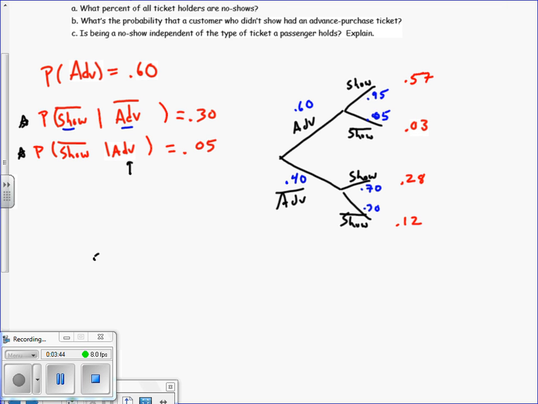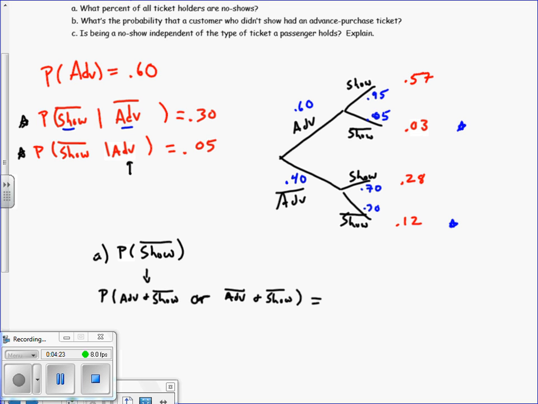So what percent of all ticket holders are no-shows? So what's the probability that we get someone that doesn't show up? Well, there's 2 ways that somebody could not show up. It's either going to be right here or right there. So advanced tickets no-show or not advanced and no-show. So they could either buy the advanced tickets and not show up, or they could purchase regular tickets, right? This word is or, and not show up. The beautiful part about setting the tree up already is we've got the numbers sitting at the end. So that would be 0.03 plus 0.12. There is no overlap. So 15% of all ticket sales or ticket holders don't show up for their flight